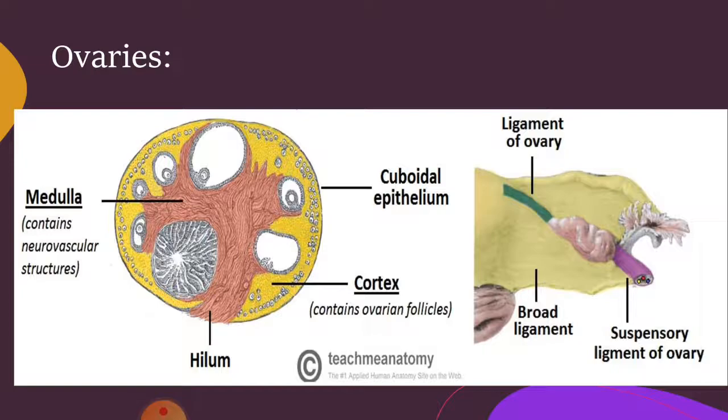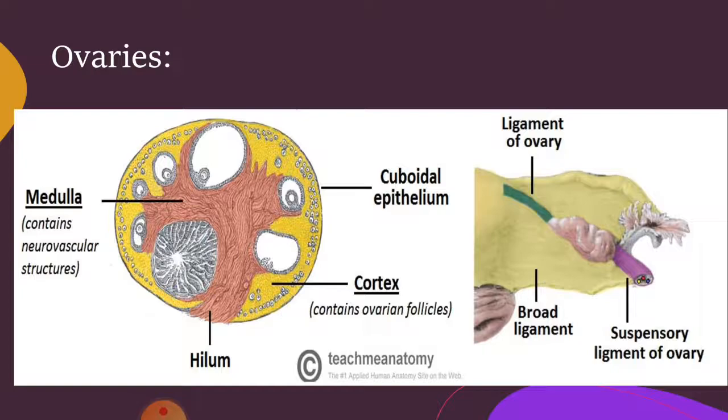We will not consider the surface in it, as it is not mentioned in your book, but through the histological features, each ovary has 3 main histological features: the surface, cortex, and medulla. But in your book they have mentioned cortex and medulla only. So the surface is basically formed by the simple cuboidal epithelium,